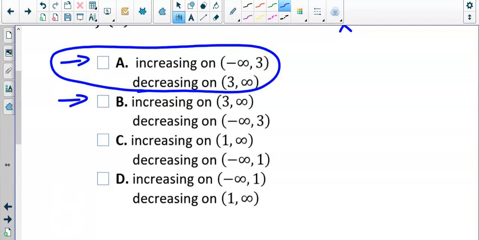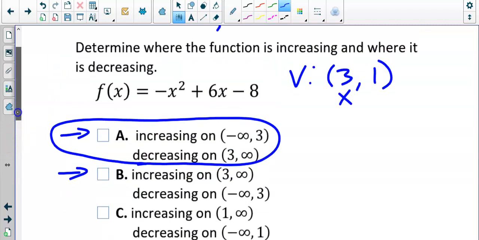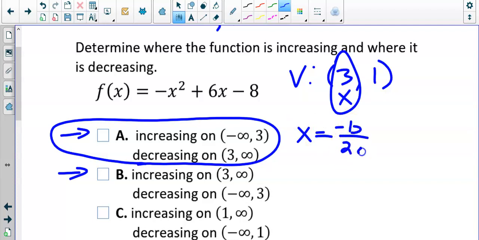Okay? If we work this algebraically, because you can do this algebraically, you find the vertex. Actually, we don't even need all the vertex. All we need is whatever x is, right? So find that axis of symmetry. Opposite of b over 2a. Once you know what x is, which in our case is 3,